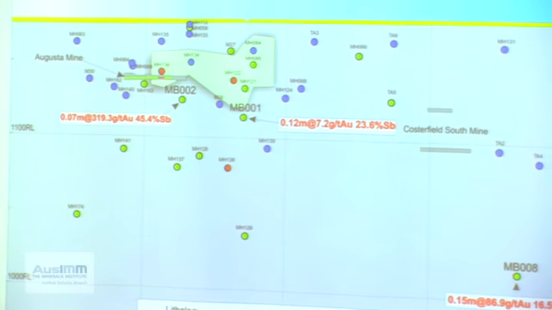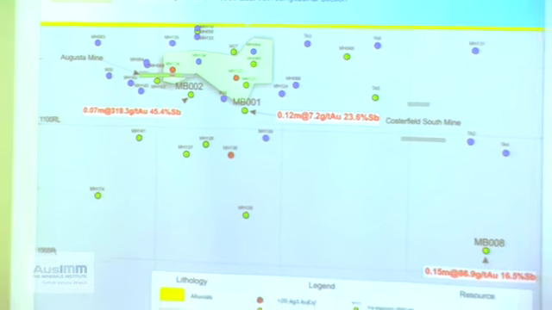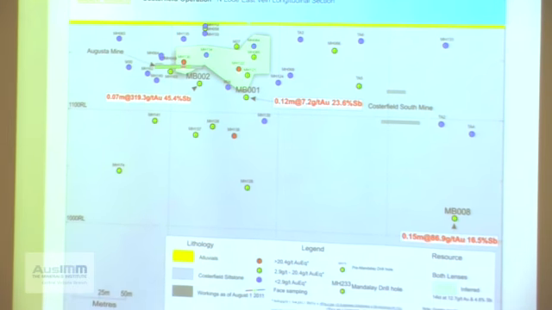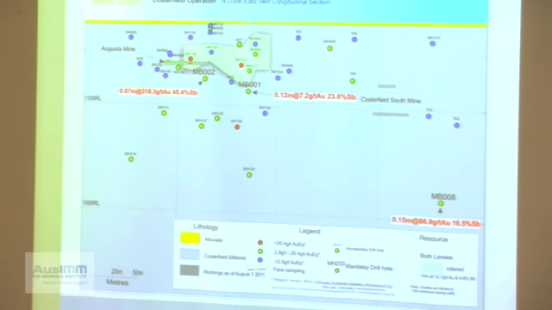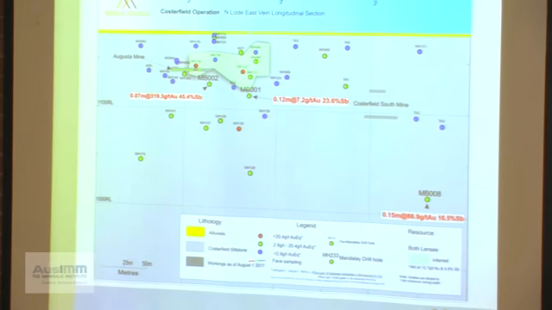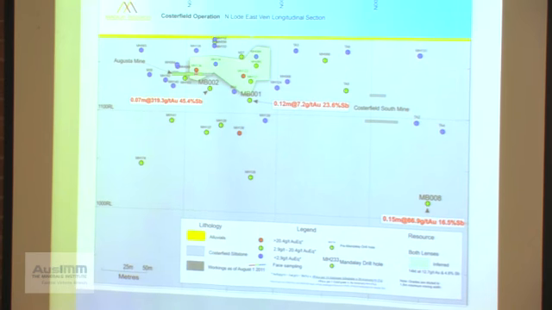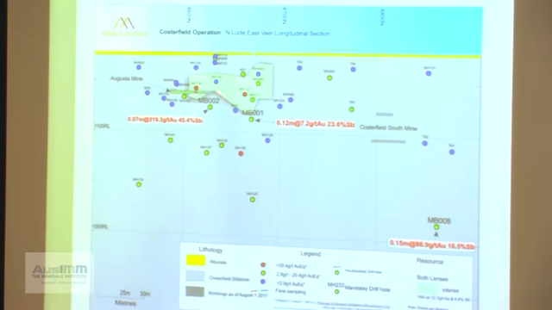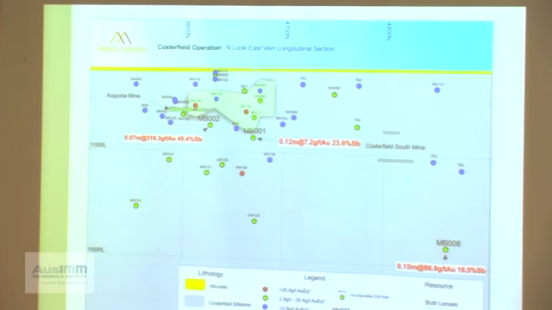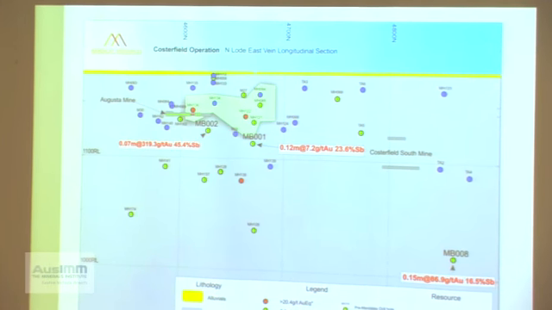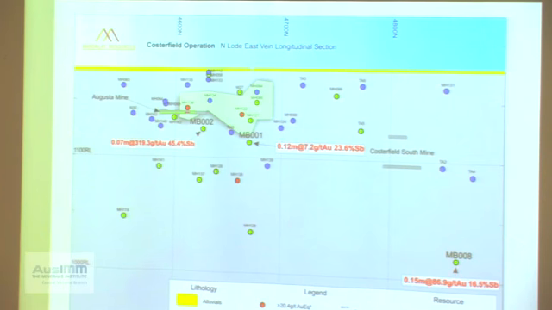So this is one of the near mine. This is the end lode we were talking about before, just to the north of Augusta, the main Augusta system. And actually, when I say just to the north, it runs sort of down along the west of the system as well. But this is just some recent successes we've been having. The mining guys are actually developing on 3-level. They've come out on 3-level Augusta and are mining in some inferred area in the end lode and having some success there, which is good. But very importantly, we've just put a hole through which is over 100 metres north,